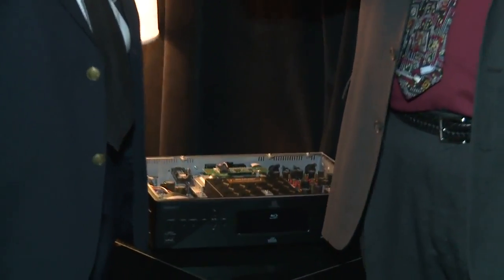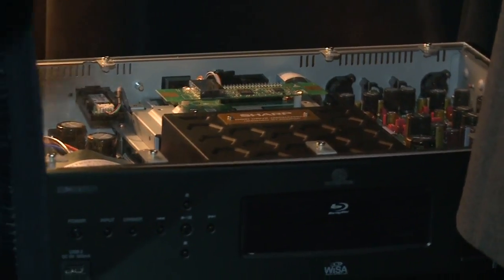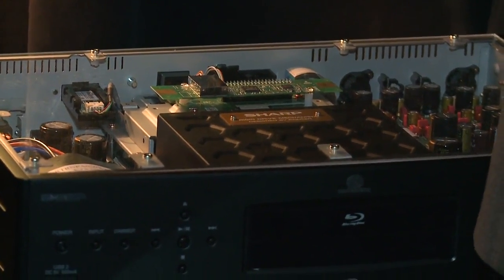So tell us a little bit about WISA and what it means to the consumer. WISA stands for Wireless Speakers and Audio, and unlike the other wireless technologies that leap to mind, whether it's Bluetooth or Wi-Fi or any of an unlimited number of acronyms, WISA is not designed to send music throughout the multi-rooms in your home or to the backyard. It's meant to send music from a source device, a transmitter, to a powered speaker with no wires required at all. So with an Optimum system, it really simplifies the process of setting up a true high-end audio listening system